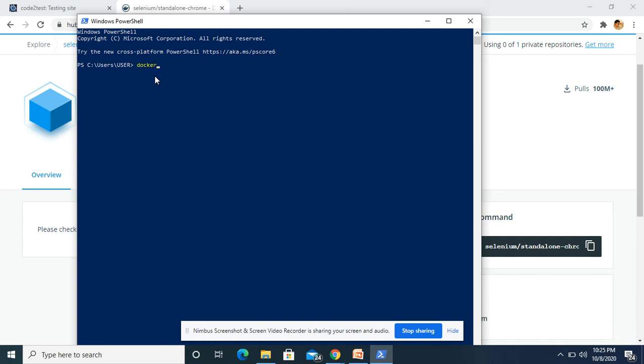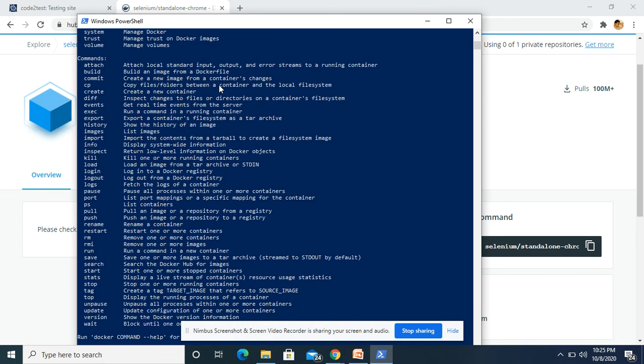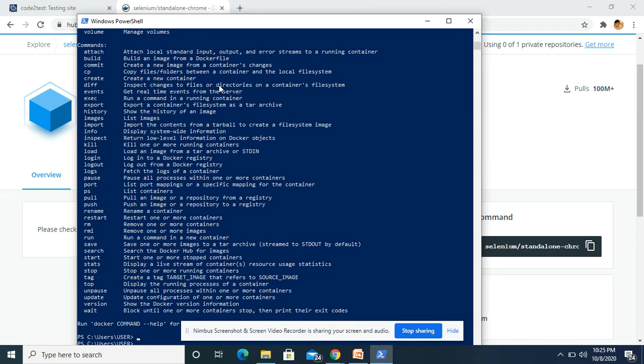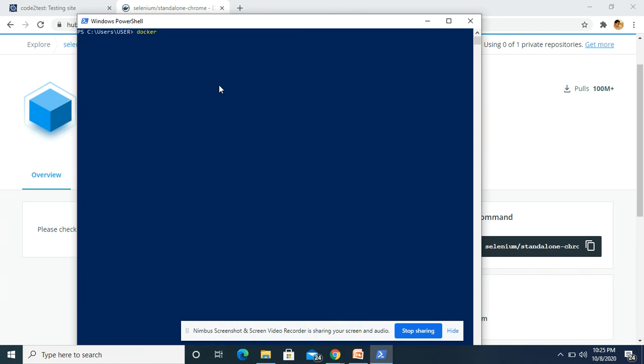Suppose I want to check my version. If I type docker version, as you can see, I have this version set up on my machine.